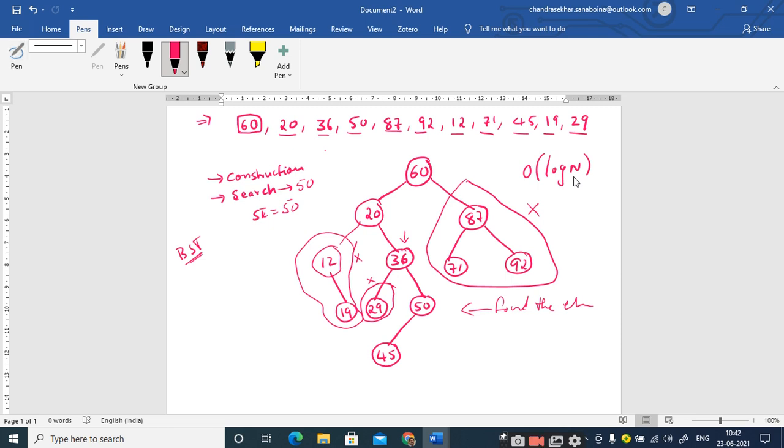Similarly, if the element is greater than the middle element, you search in the right part and ignore the left part. So there also we get Big O of log n. If you are able to ignore half of the elements in any operation, then it will be around Big O of log n.